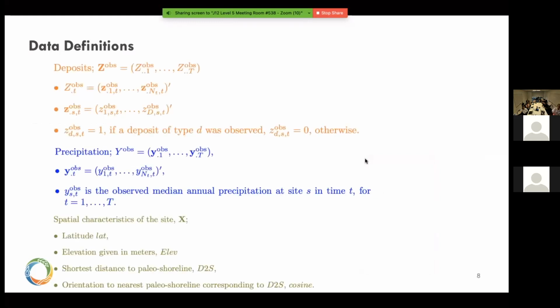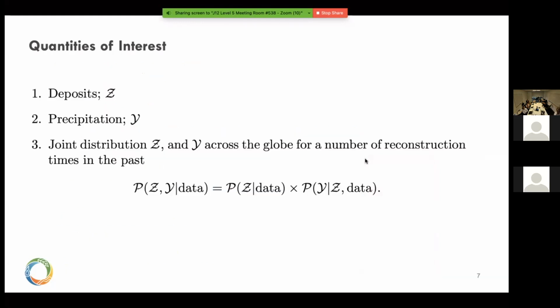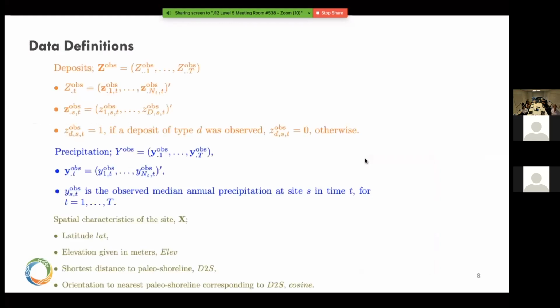Okay, so just to define a few things. Obviously these are random variables, but we have realized values of some of these random variables, which we've denoted by observed. So for each time period, Z is this array. The array consists of capital T matrices, which is the number of time periods,